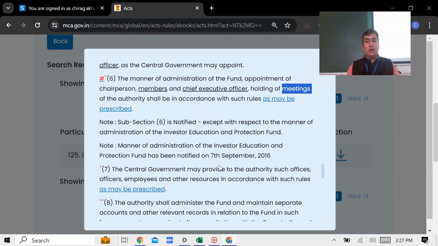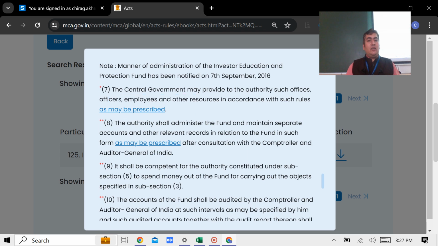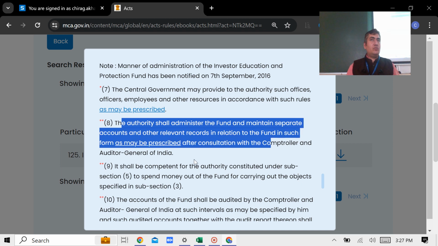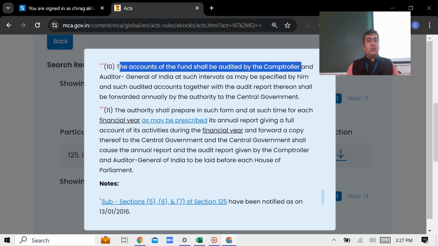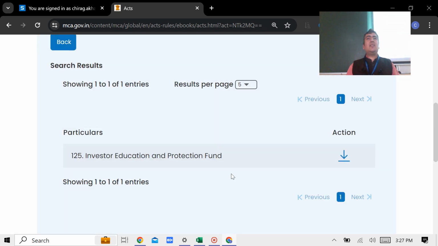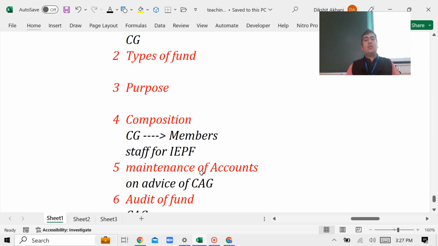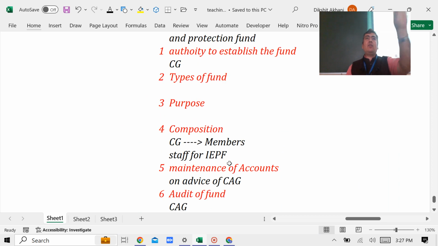After that, central government will provide the officers and the employee support, and this authority will administer this fund according to the requirement. The accounts of the fund shall be audited by CAG. I hope you are understanding. So guys, I don't want to discuss much in this. So this is very basic things. Don't read everything. Instead of that, I think you should remember this 5 points and your 125 is over. It is on you. If you want to go with the detailed one or this is short one. I request all of you ये पूरे के पूरे 6 पॉइंट लिख दो कहीं पे लिख दिए अच्छी बात है